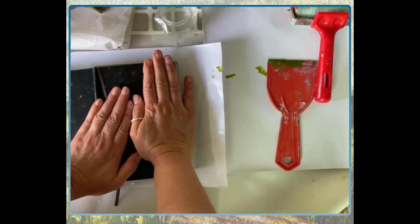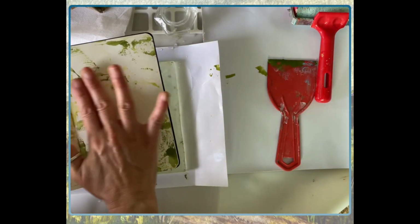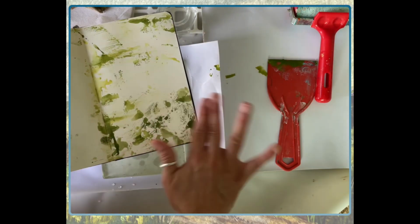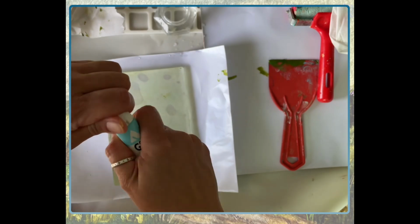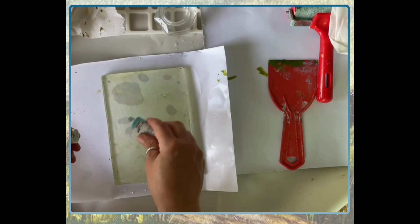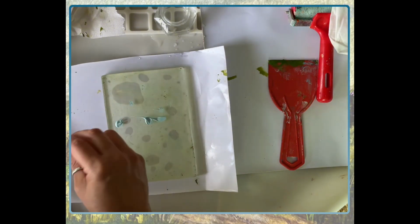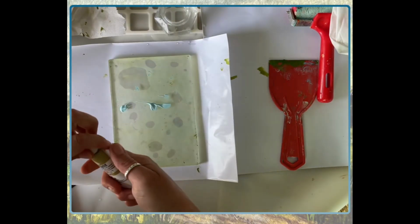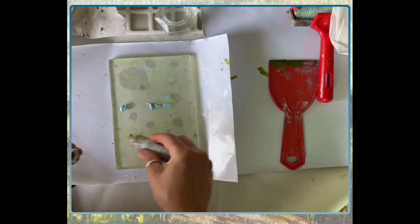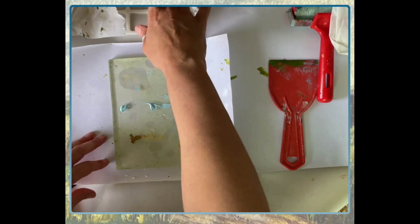And as per usual, I'm putting a little bit too much paint on here, and I'm just trying to smear it out with my fingers. And another attempt. And I'm using acrylic gouache, both Turner and a few tubes of Holbein acrylic gouache. And just putting a couple colors on the plate. And then proceeding to